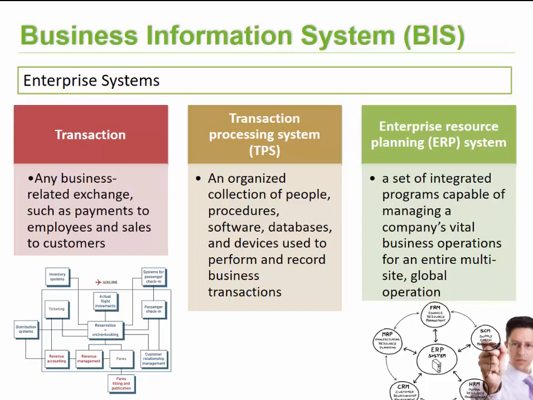Then we typically find transaction processing systems. Now these systems are set up in such a manner that they record all our business transactions and business interactions. So anything that happens within the business would be recorded here. So if you think about the pyramid that we've shown before, typically right at the bottom we would find our TPS system. If we look at ERP systems, now these programs would help you with